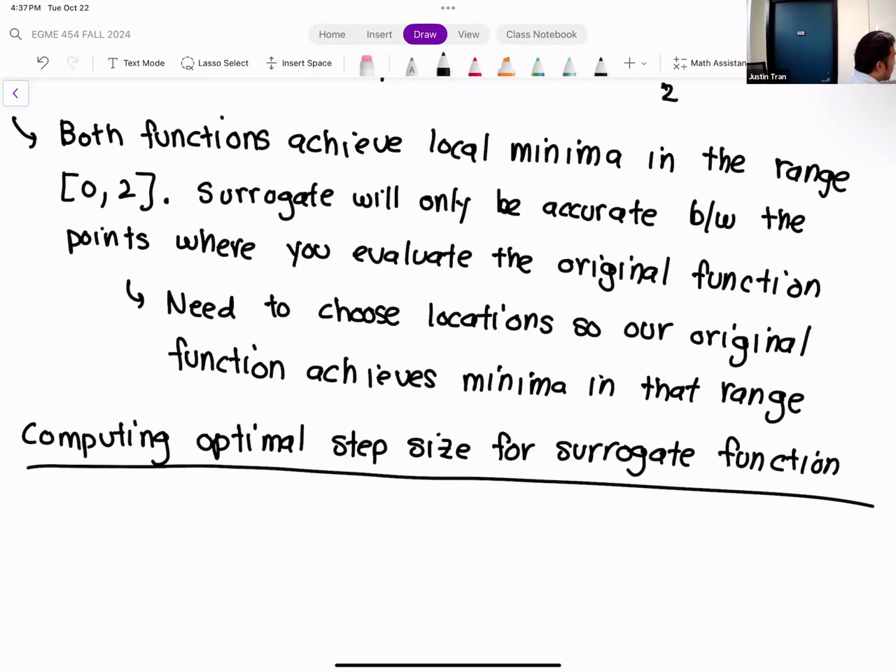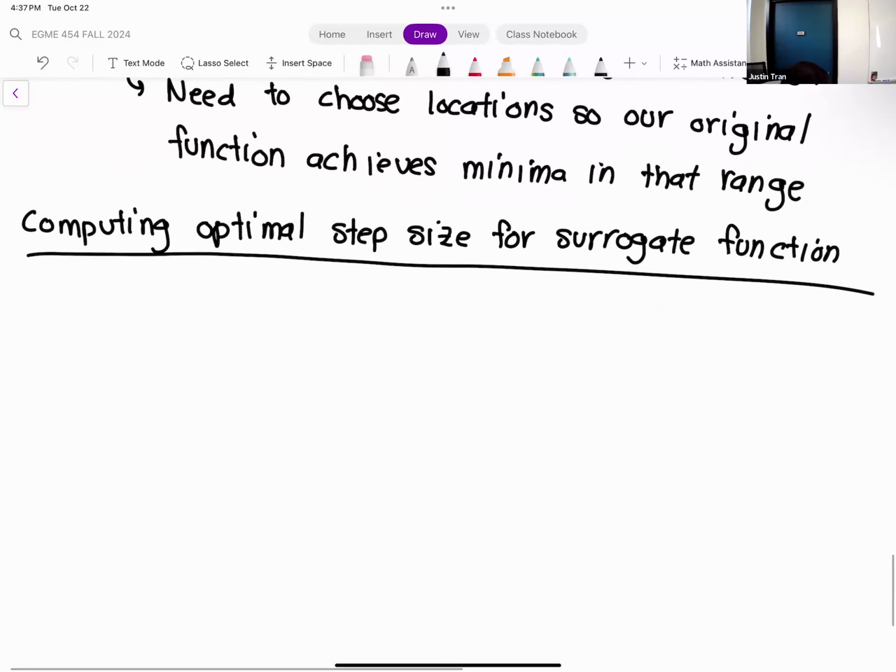All right, so we'll go over the logic behind doing that right after this. But are there any questions on how we got to this point? Okay. All right. So how do we do this? Just to make our discussion a little bit more general: in the previous example, we evaluated the function at x equals 0, x equal to 1, and x equal to 2. So if we generalize this,